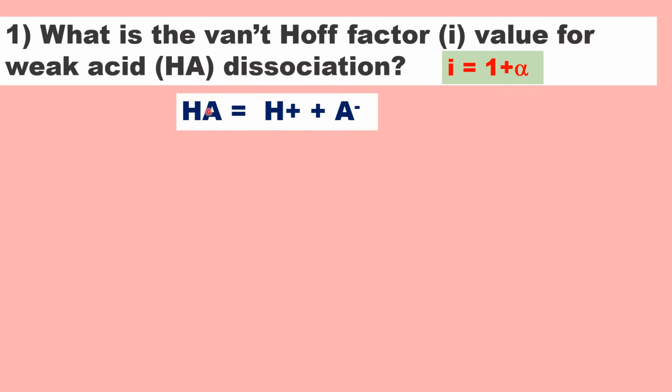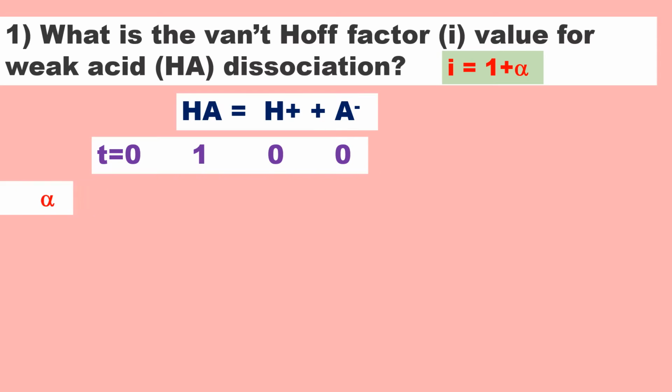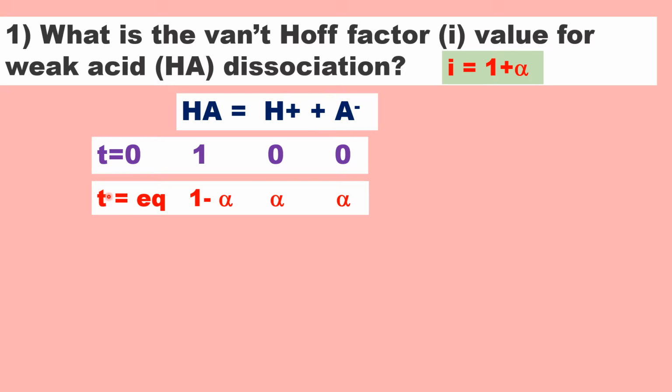Let us consider a weak acid which is partially dissociated to give H plus and A minus ions. At time t equal to 0, we have taken 1 mole of HA, the weak acid. At initial time t equal to 0, H plus concentration is equal to 0 and A minus concentration is equal to 0. Now at equilibrium,